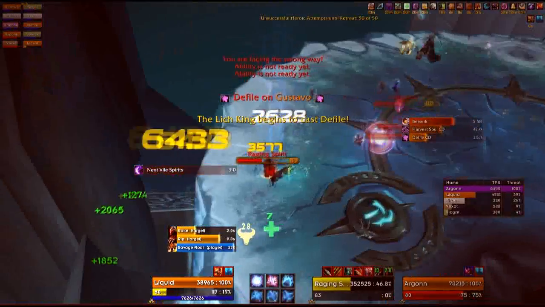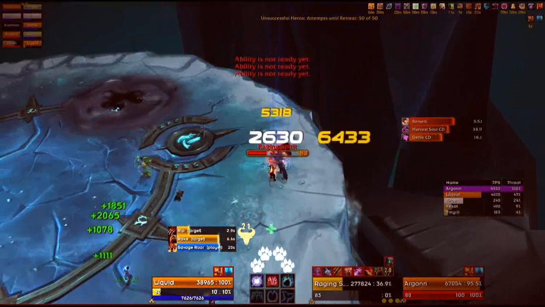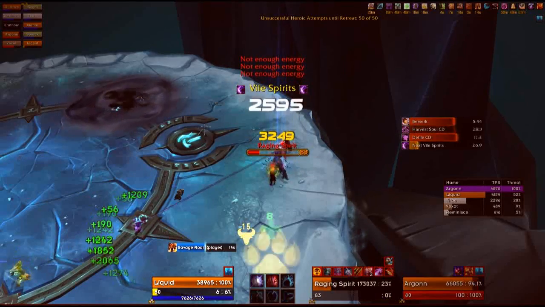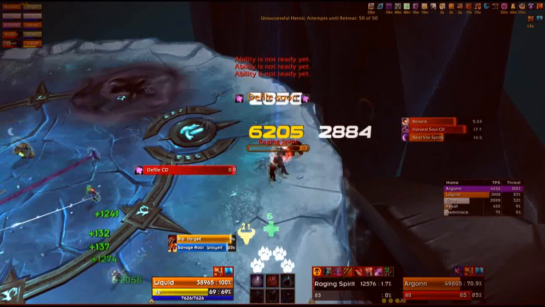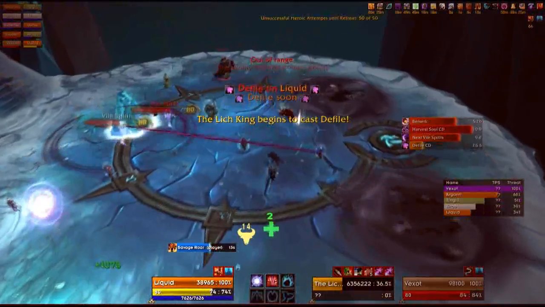Now we're into a phase where we get vile spirits. Now these are little ghosts that the Lich King summons above his head, and then they chase people, particularly healers. Now ranged DPS, you're going to need to burn those down. Melee, you can't do anything about it, so carry on killing the raging spirit and then move on to the Lich King. Now what's happening here is there's a defile, get out of the way, good position to drop it